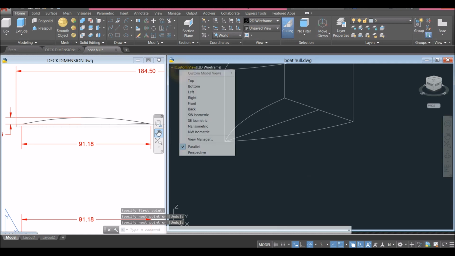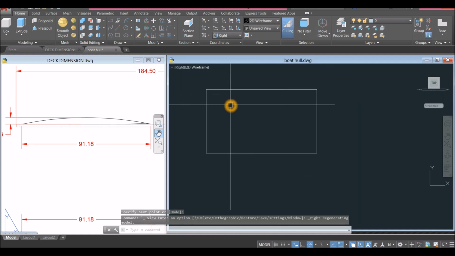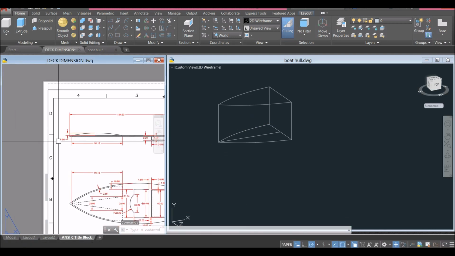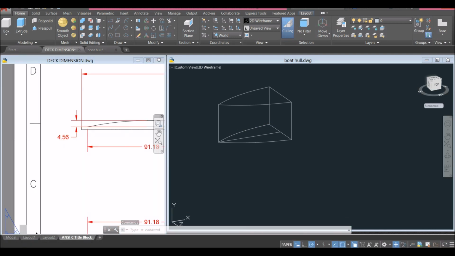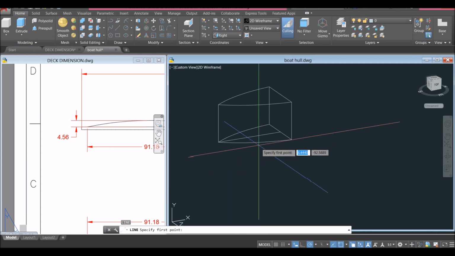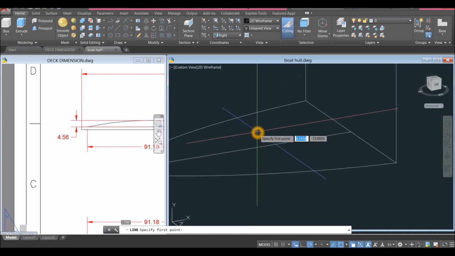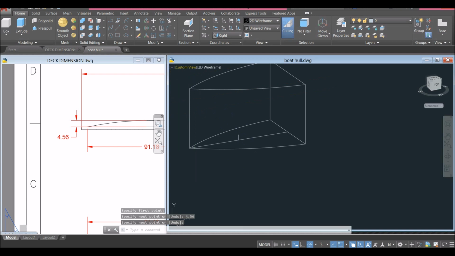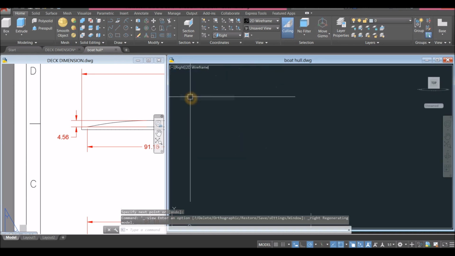and bring this to right view. Oh, not yet. I'm gonna create a line as a guide for 4.56 from the midpoint. So line, midpoint, enter 4.56. Now we can bring this now to right view